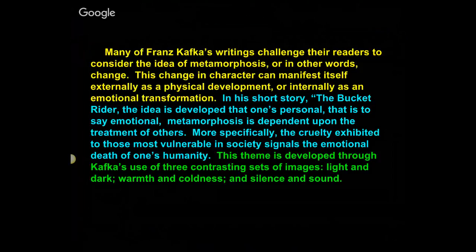Okay, and this story is on The Bucket Rider, so you may want to just Google The Bucket Rider by Franz Kafka, and you'll be able to come up with a short story. You'll see very quickly that this short story is quite short, but it's an odd one indeed. What you see in yellow here is the